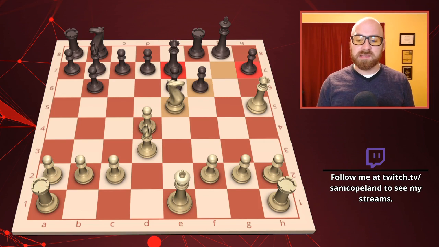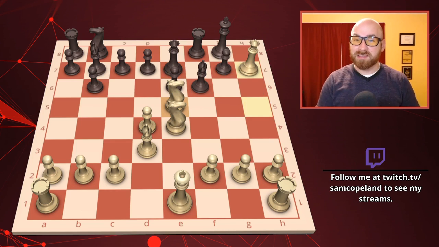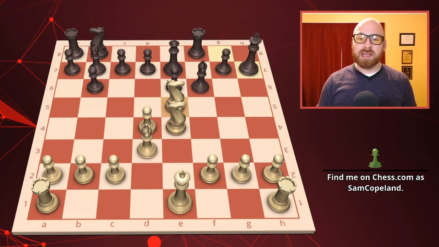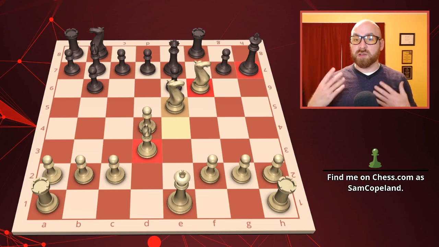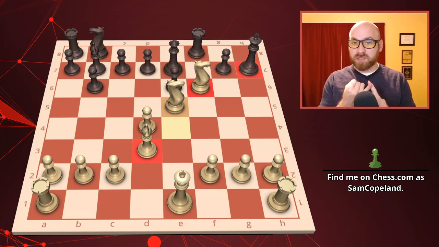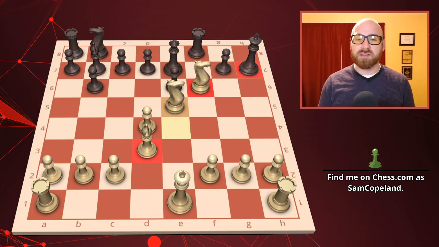So instead, after queen e7, the correct move here is queen takes h7 check, a magnificent queen sacrifice. The only legal move is to capture with the king, and now the intended follow-up here is knight takes f6. This way, we create double check from the bishop and the knight. When you're in double check, you cannot block the check because you can't block two checks at once, and you cannot capture the checking pieces because you won't get out of both checks at once. So you must move the king. It's the only way out of a double check.